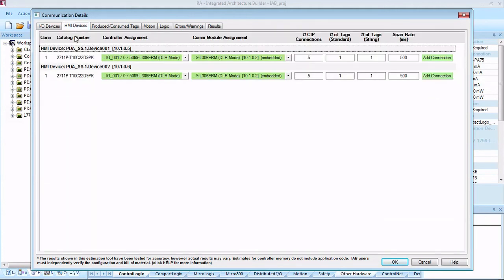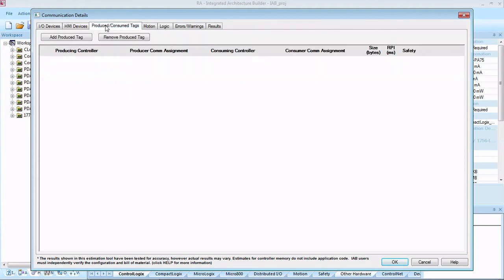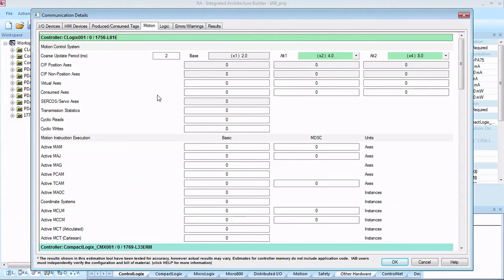You can come across, and our HMI devices are put in here, and it'll say how many connections they're taking. And then if you wanted to just estimate how many tags you're going to have in your system, you could just throw some values in here, and this is going to help this checker tell you if your processor is going to be able to handle this system or not. Produce consume tags, if we have any of those. Motion, we do have a couple, so you can adjust your update rates here. And then